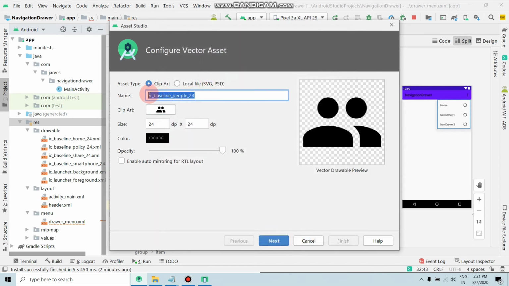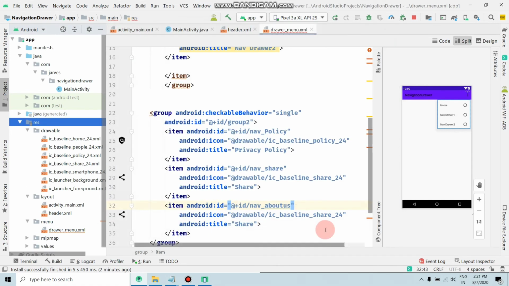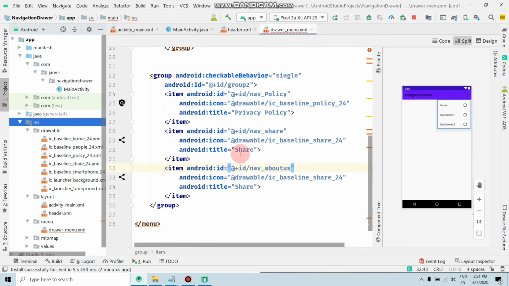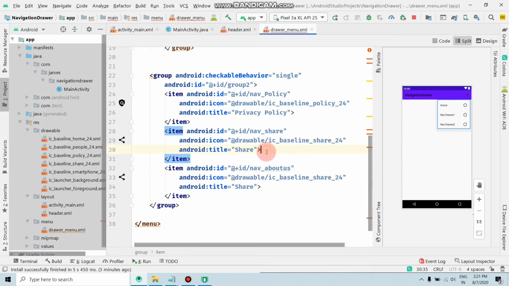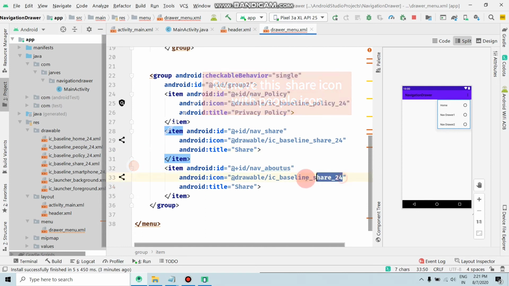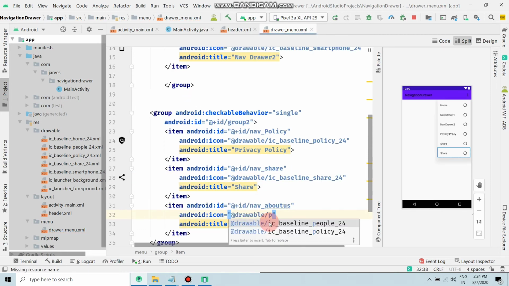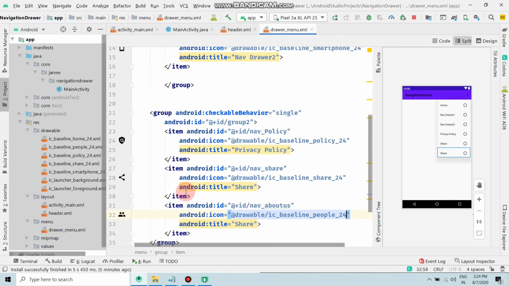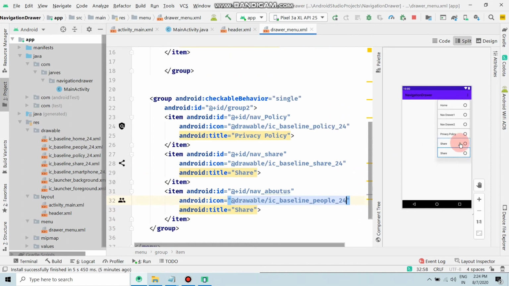Copy this, Control C and click on next and click on finish. Now the drawable is added. How to change this? So rename this, now just paste the clip art name, which is people, and as you can see the clip art is changed here.